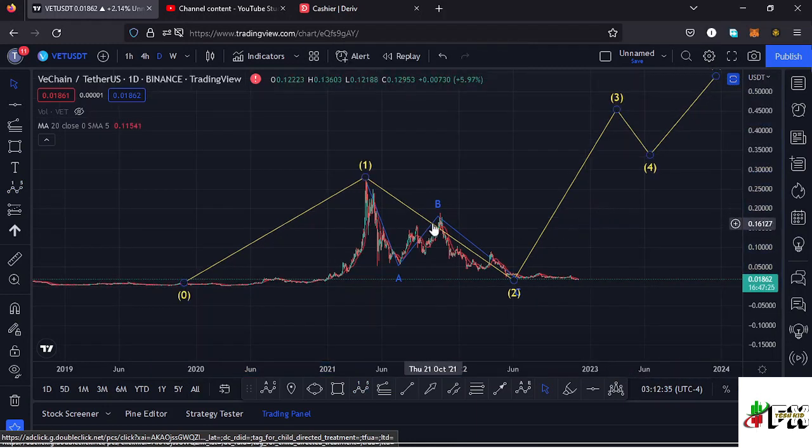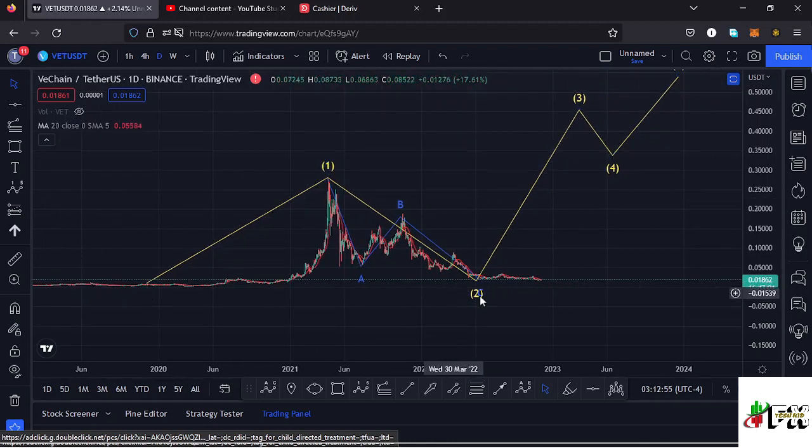Getting a little bit into the details of the formation of this Elliott wave structure, in the formation of a wave 2, which is a corrective wave, we also expected to see an ABC corrective movement, which we have been seeing over here after making it to an all-time high. That movement has now taken us back to around the $0.017 mark, and there are chances that we might have made the low for this higher Elliott wave